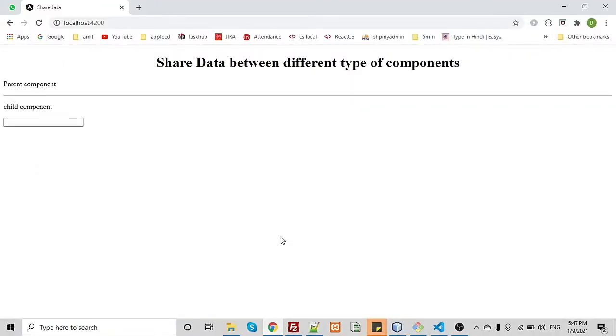The error is removed. Now let's see whether from the child component we can get the value in the parent component or not. I type anything, but till now I'm not getting the value. Let's see why.